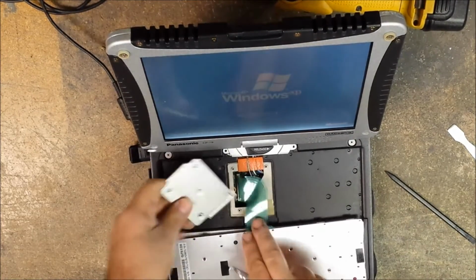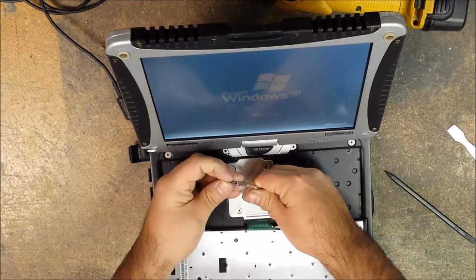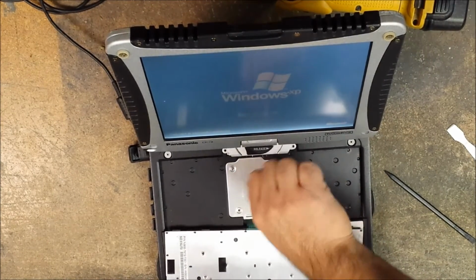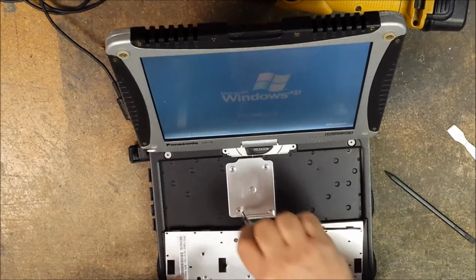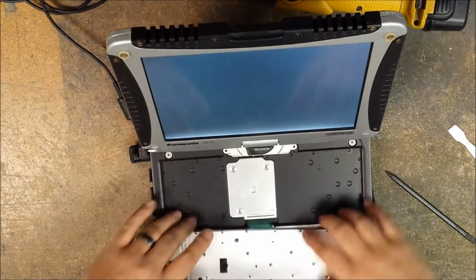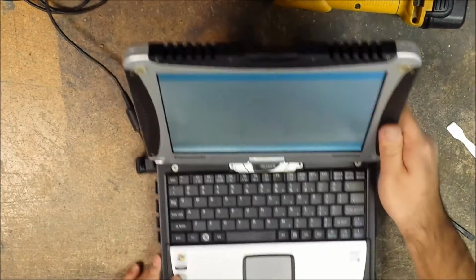Then you grab your little plate. Don't forget to put this plate on there. Okay? Because if you accidentally spill something, well, you're out of luck at that time, really. This kind of helps prevent the water from getting down there. But obviously there's a gap here where it could get in, but not everything is completely perfect. Alright, so now that we have this,